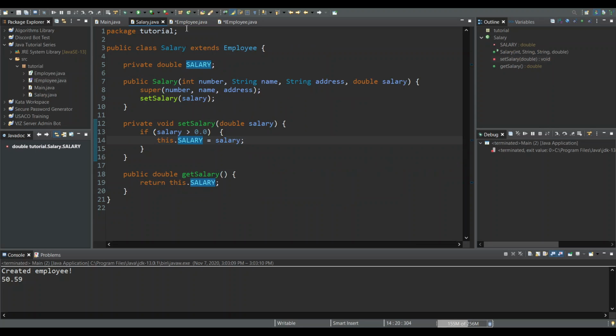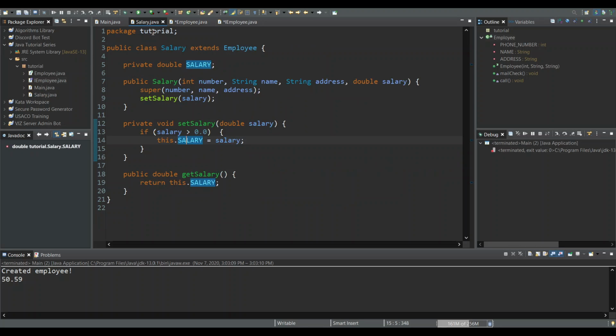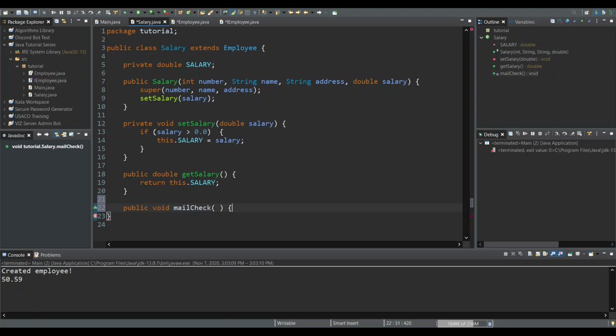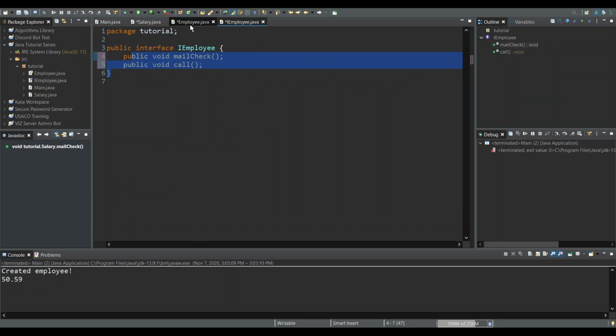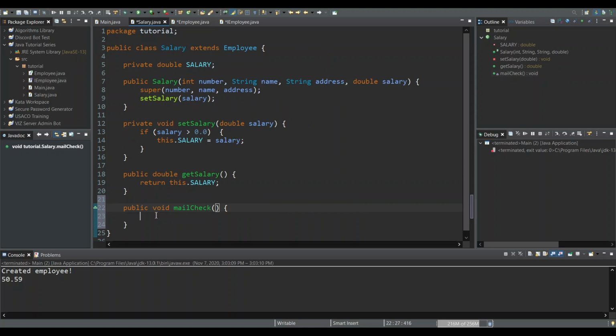And I'll show you a primary example of overriding, because that override annotation is very important. So we're going to override this mailCheck function in Salary. All we have to do is copy that over, public void mailCheck, and what were the parameters? Oh right, void. All right, no parameters. And it's going to do System.out. Let's do that. Copy that over. But we have to alter something. Let us alter